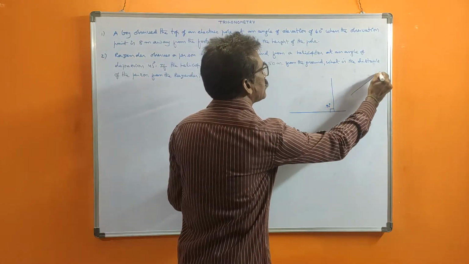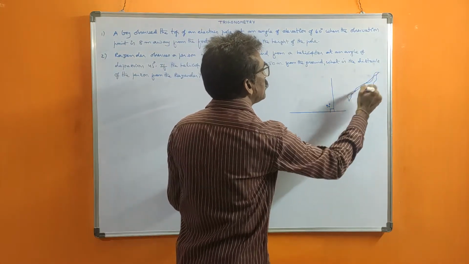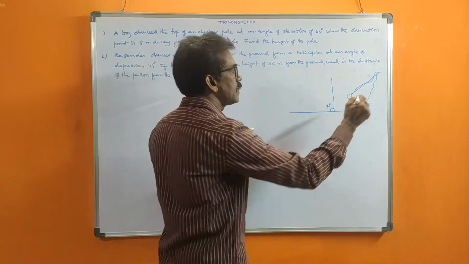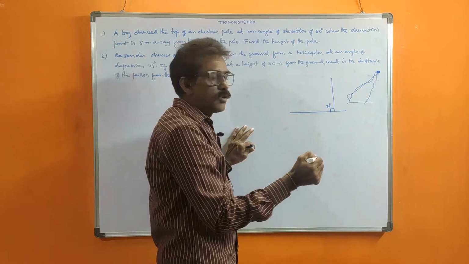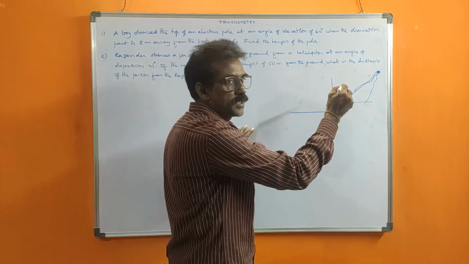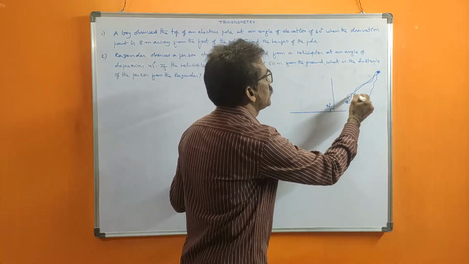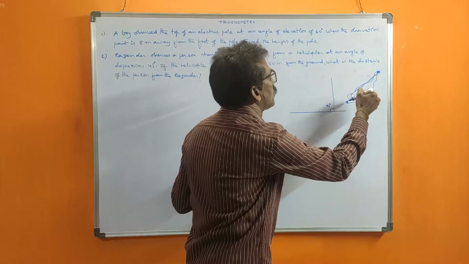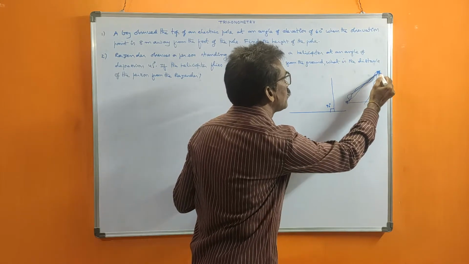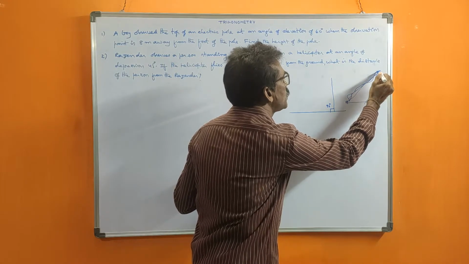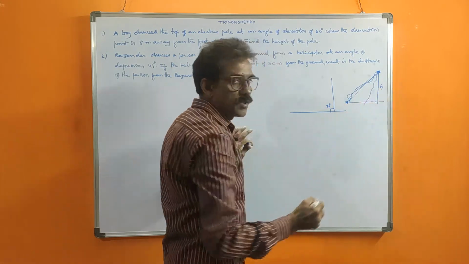Hill height is there, like this hill is there. You want to find the height of the hill. This is the peak point of the hill. How can you say what the height of this hill is? You cannot say you measure from here to here. This is not the height of the hill. Height of the hill means always from the ground level, how much height the peak point is there, that is only the height of the hill.